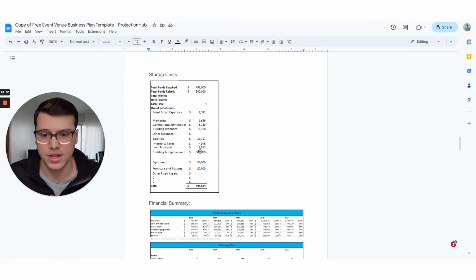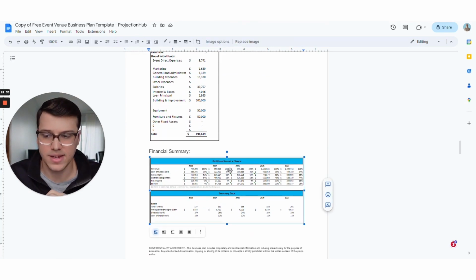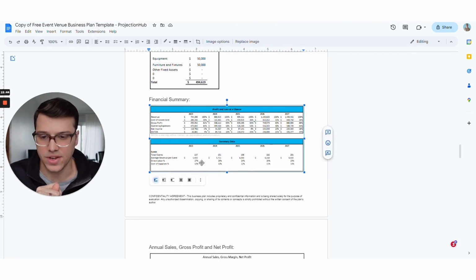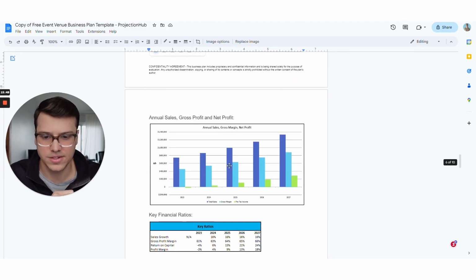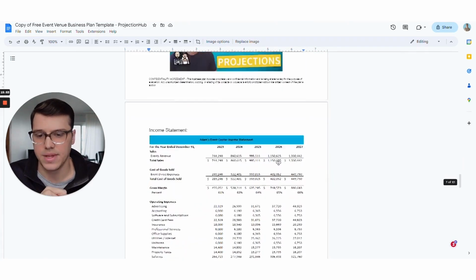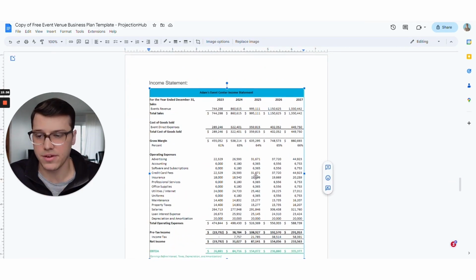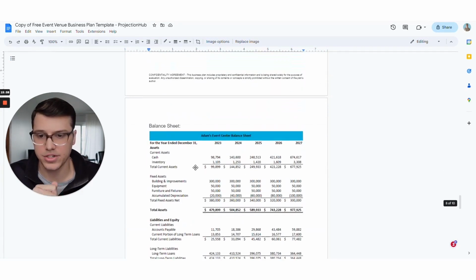Some things included: your startup costs, a quick breakdown of the important numbers in a financial summary. This is 5 years of projections, revenue, profitability, some event specific data, total number of events, percent of the cost to run those events, sales growth, key ratios, and then we've got 5 years of income statement projection, balance sheet,